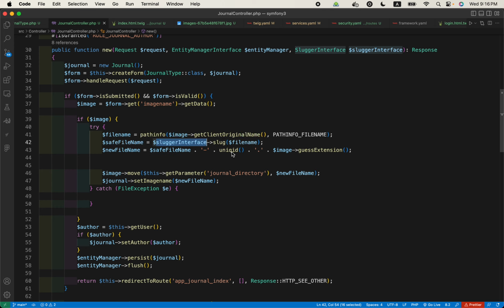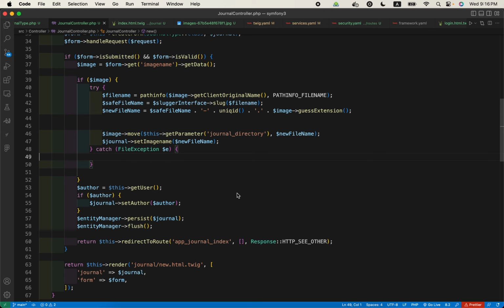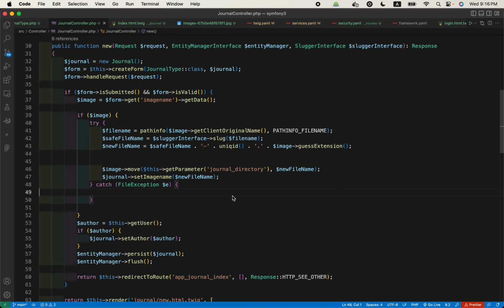And then we are also using the unique ID, so that some unique characters are there in the new file name. Then we are moving the file to the general directory. So this is pretty much what is needed for uploading files in Symfony,